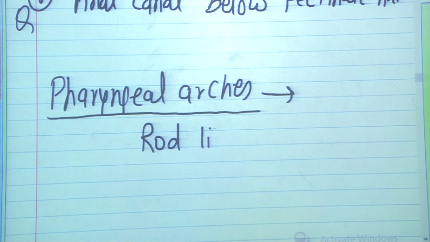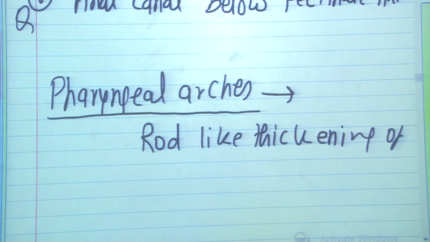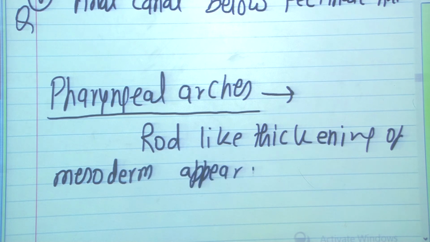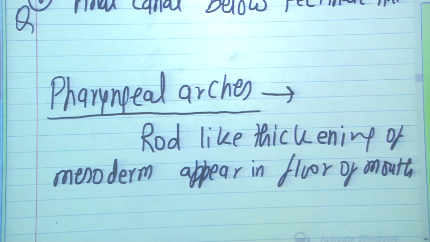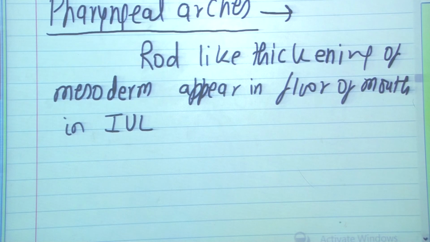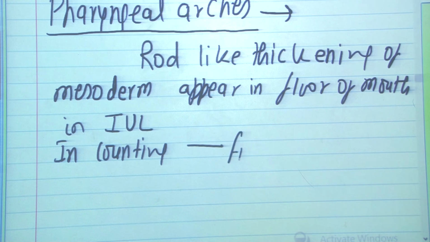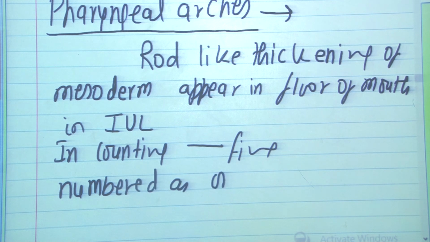These are rod-like thickenings of mesoderm, which appear in the floor of mouth in intrauterine life. In counting, these are 5, numbered as 1 to 6. Fifth arch